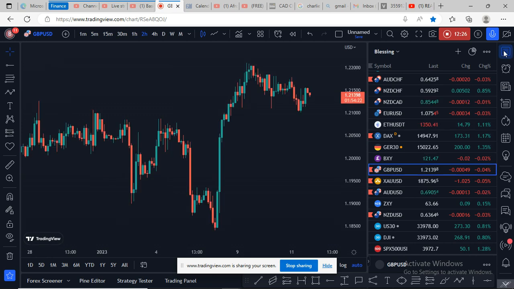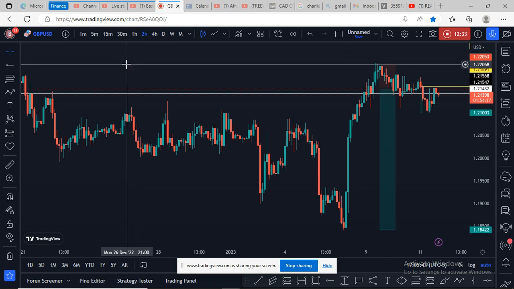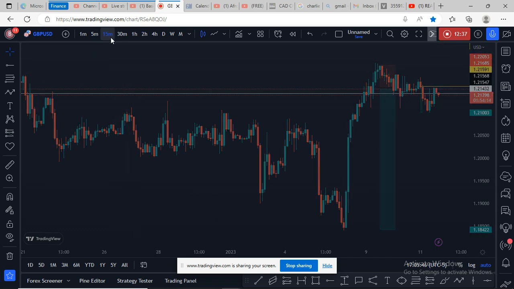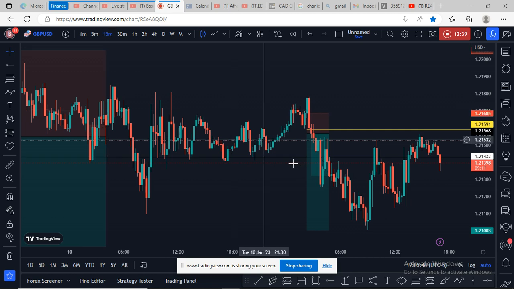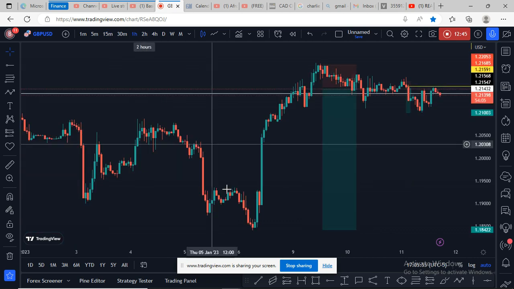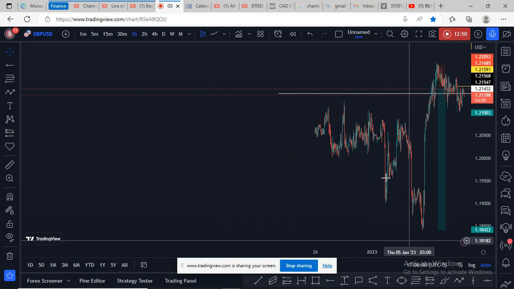GBP USD also, we will come to AUD USD to see exactly what is happening. So GBP USD also, this is what is happening on GBP USD. I'm on a swing trade, right? Looking from the higher time frame perspective,